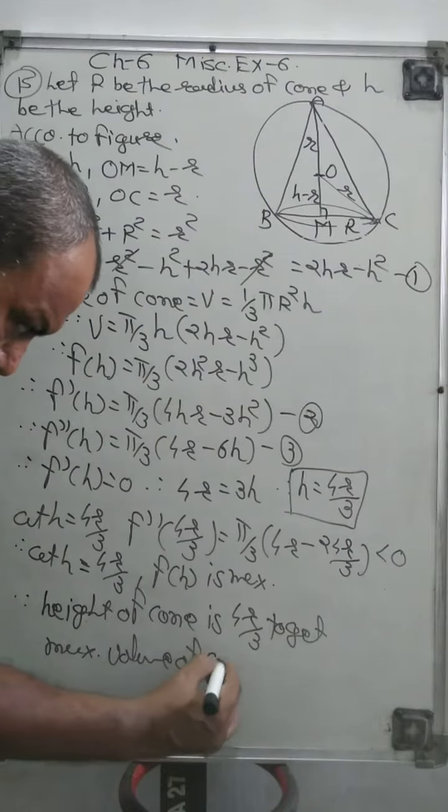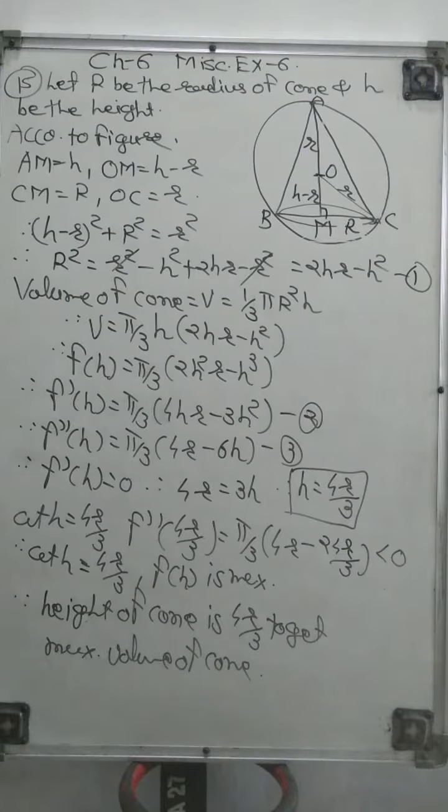of the cone, right? So this way this sum is quite easy, but we also want to be careful with this type of sum. This is a good sum because it is a problem sum and it is very important for us in our board examination, right? So this is our answer, and the method is very easy, so you can do the sum very easily.